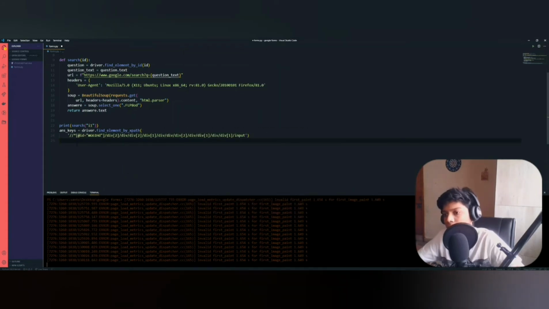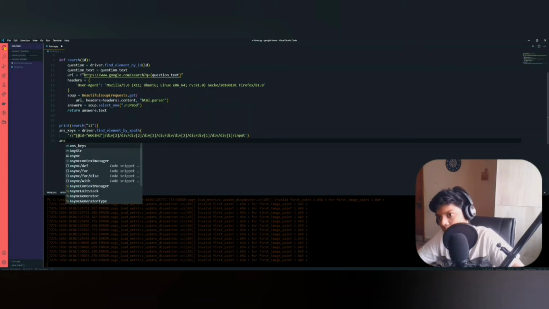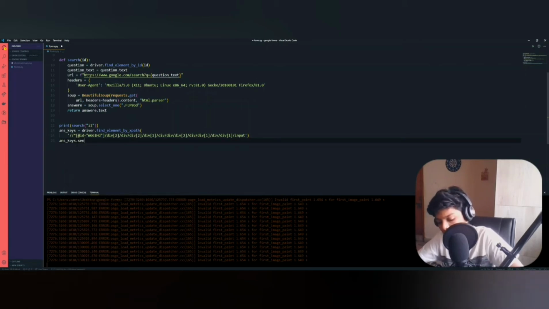So the next task is to send the output to that blank. So just write answer_keys.send_keys, and let's assign this to a variable. Answer 1 equals to this ID.